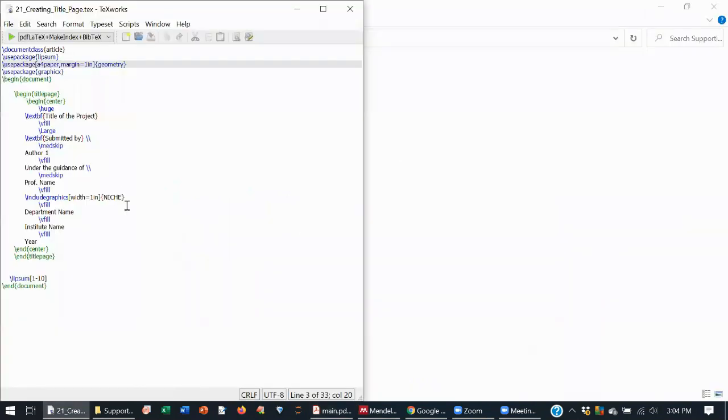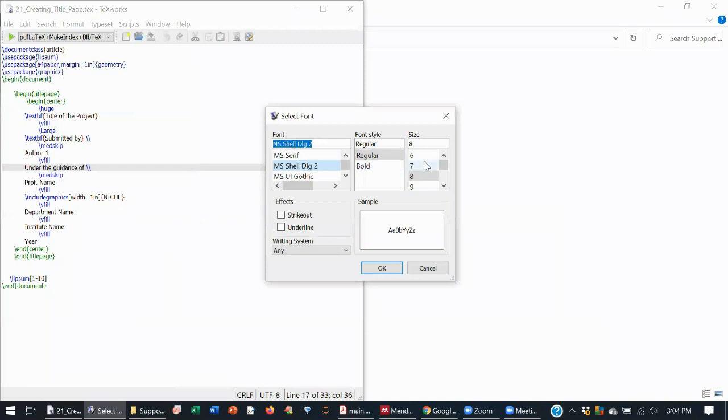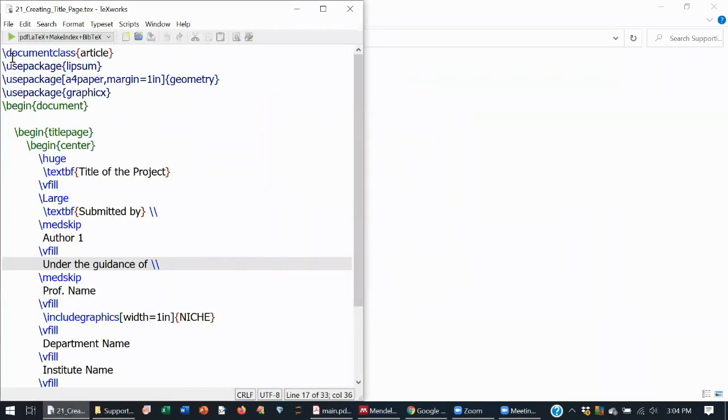So we look into this file. Here I have given the document class article. We are creating an article document class. In an article, the main thing is chapters will not be there. Other things will be the same: you will have section and subsection. These will be present, but you will not have chapter.